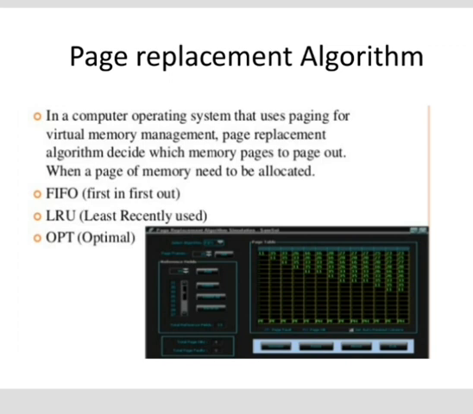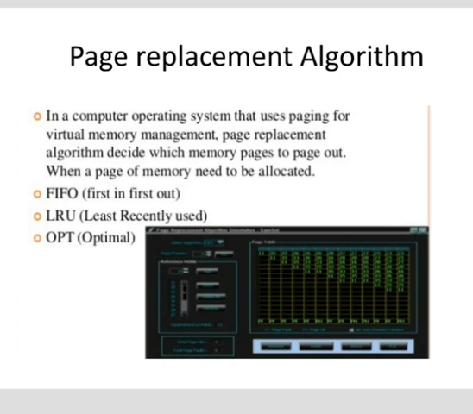So the page to be removed is selected. If the page to be removed has been modified, it must be written back to the disk, and if the page to be removed has not been modified, then it can be overwritten. So the page to be removed should be selected carefully. The page replacement policy should minimize the fault rate, and the system performance is much better if a page that is heavily used is not chosen for replacement.